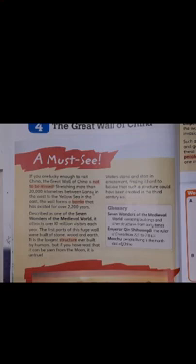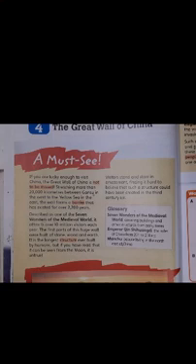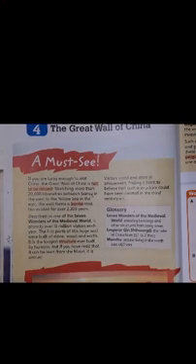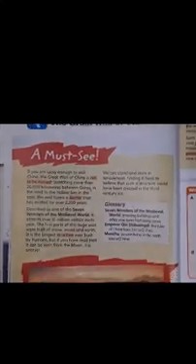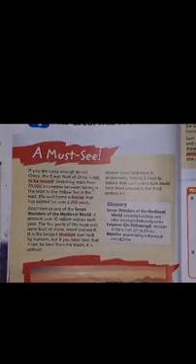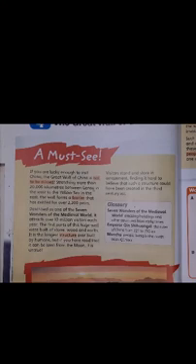Right? Then we saw the layout, children, of the text. Layout means, now when you write something, children, when your mummy cooks food and there is a guest, then we lay the table, no, children? You'll have your desserts, then your starters, your main course, you'll keep the plates. So same thing when you write also, you need to lay it out properly, right? So that was about the layout.